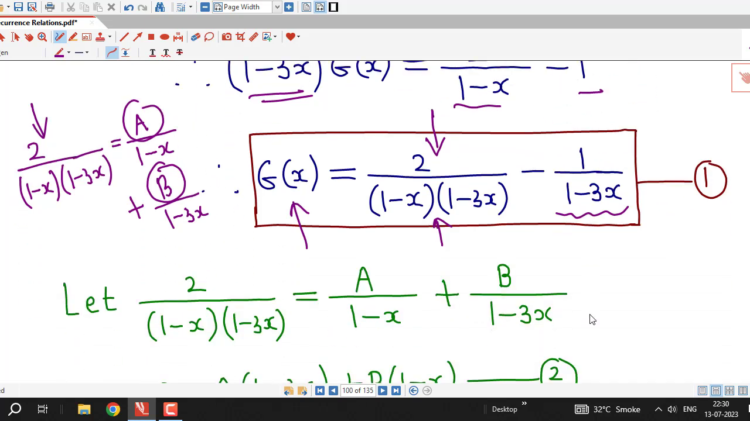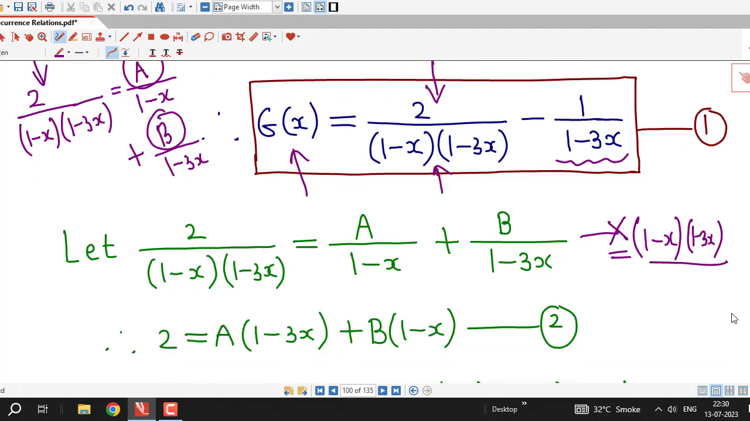In the next step I have done this work. I have assumed that this is equal to A over 1 minus x plus B over 1 minus 3x. In the next step I multiply this whole equation by 1 minus x into 1 minus 3x. This is multiplied by this quantity, and I have 2 equal to A into 1 minus 3x plus B into